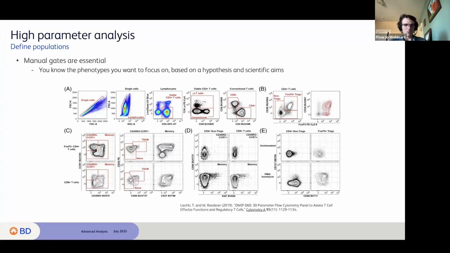So why do we want to do clustering in the first place? When we're thinking about high parameter analysis, a lot of assays these days often have 20 plus stains. And so it's a lot of data to parse. We could do it the old-fashioned way, which is drawing a bunch of gates, and that's what's shown here. Gates are great, and I do think they're important, and I would still do gates in almost every analysis. And they can get us to these results, but it's a lot of work, and sometimes